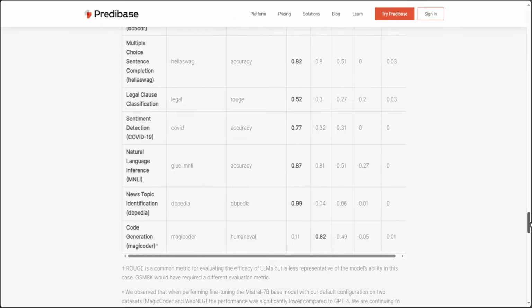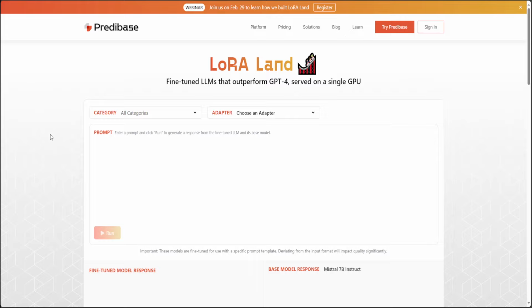Amazing stuff, beautiful. Look at this legal clause classification. Look at this number. Look at GPT-4's number. Amazing stuff. Look at this one, news topic identification from DBpedia. Outstanding. Okay, now this is what LoRA Land looks like, where you can select all of your categories, whether you